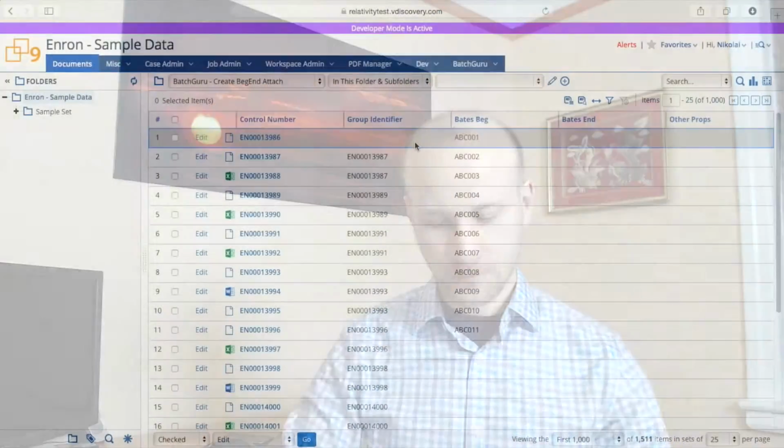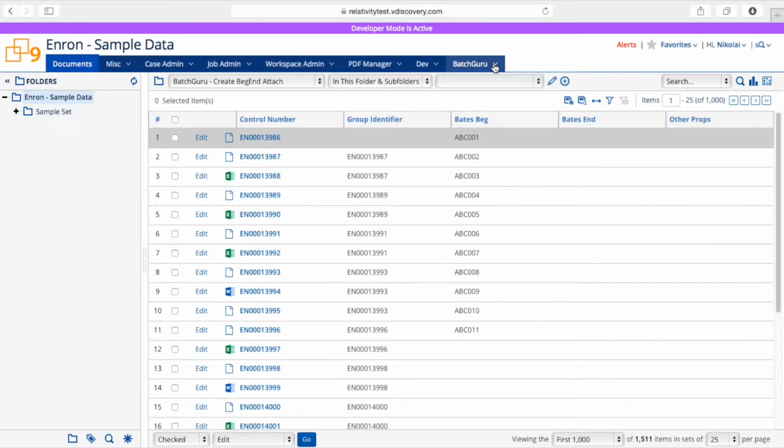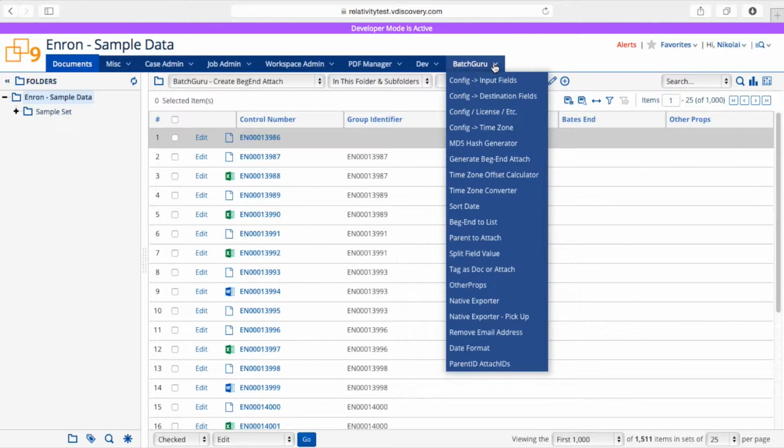In this video, we're going to go over tools that BatchGuru offers. We're going to go over a short explanation of each tool and what it does. Let's get going. I'm going to go to the BatchGuru menu, and we'll use this as a guide to take us through the